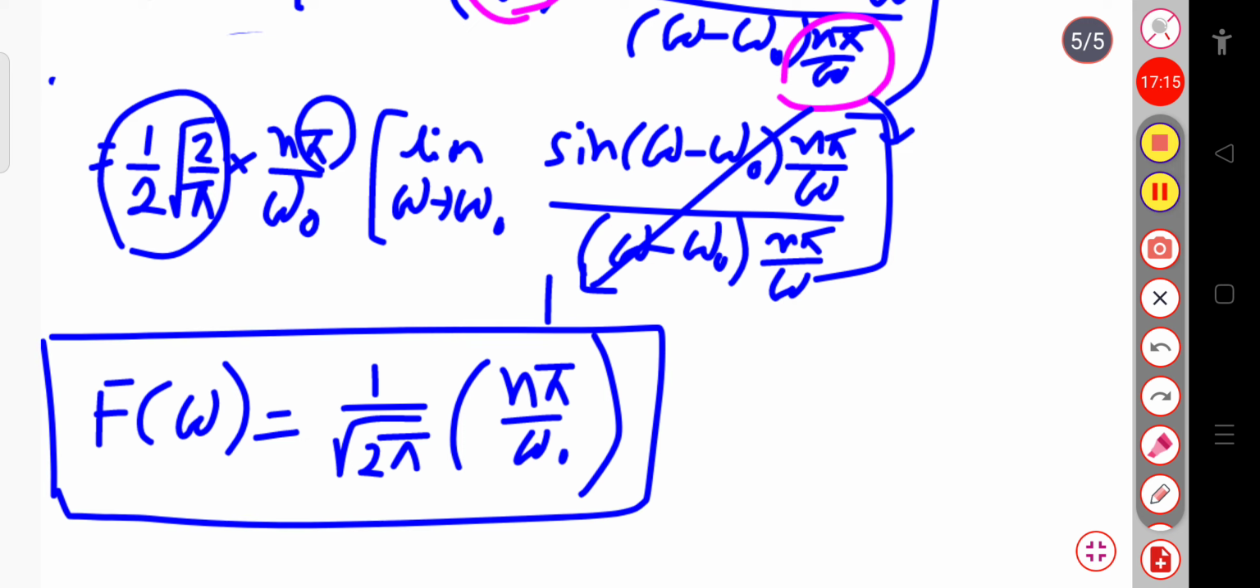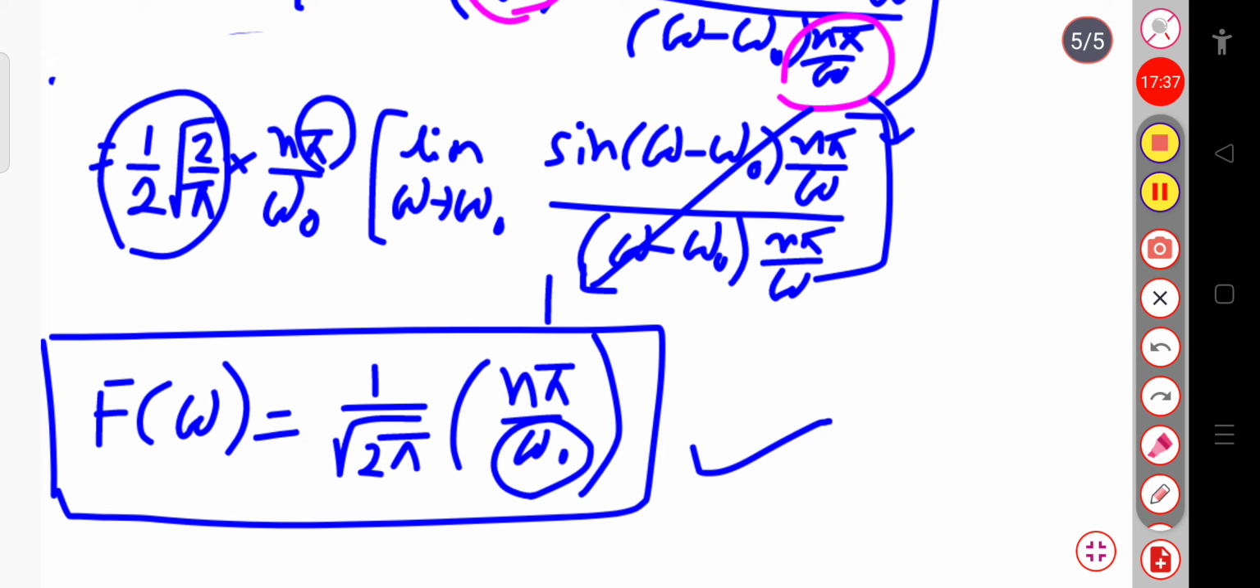But the condition is that the function is in the sin omega naught t form. When the function is in the form of a sinusoidal curve, then for that condition this Fourier transform is applied. This is applicable only on that condition. Now if we plot the curve between omega and f of omega,